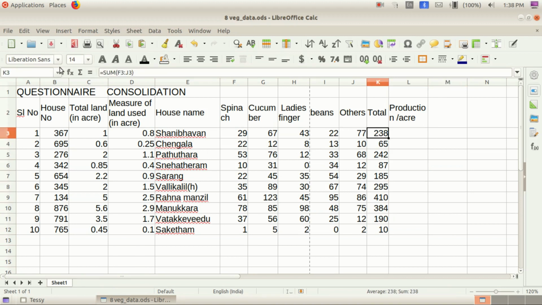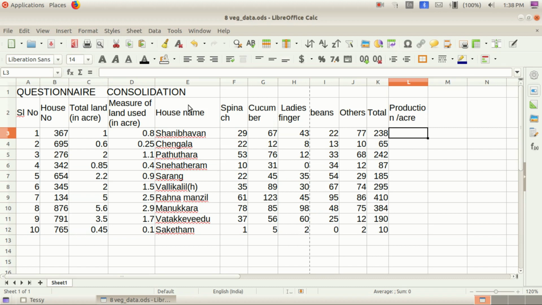What is meant by total? Total means the total amount or kilograms of vegetables from each house. The total amount or kilogram or weight of the vegetables from each house, that is prepared here. Okay, from each house you can see here. Is it clear, children? That all you want to prepare. Those who have the facility to prepare this, all of you prepare this, children, with the help of your textbook and this video. Okay, all of you want to write the notes also, children, for the important points.